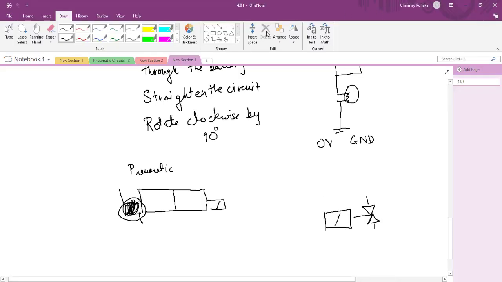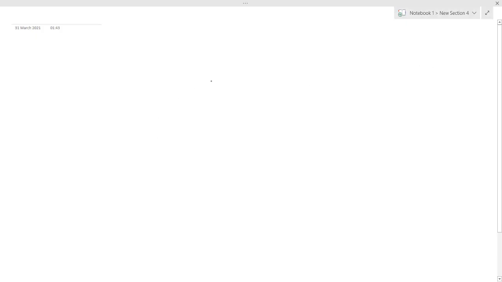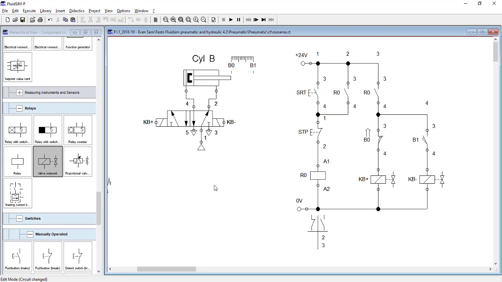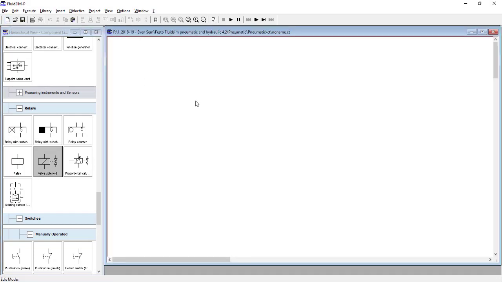So now let us look at our A plus A minus circuit once again, right? If you remember, let us look at this diagram. I will draw the diagram once again. I will explain to you each and every step how you have to create the pneumatic circuit, how you have to create the electrical part. Okay, so I will just close this for now. Okay, you will create a new one.